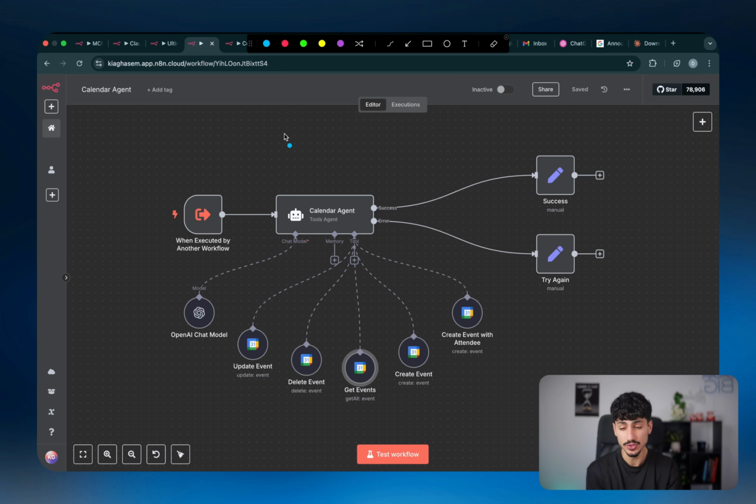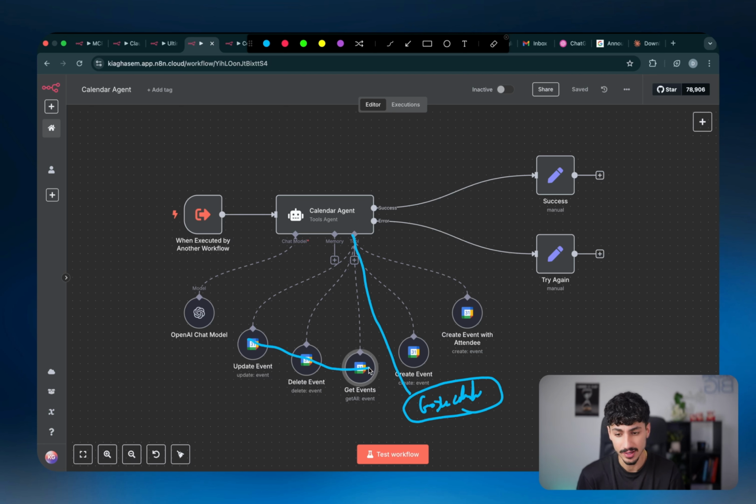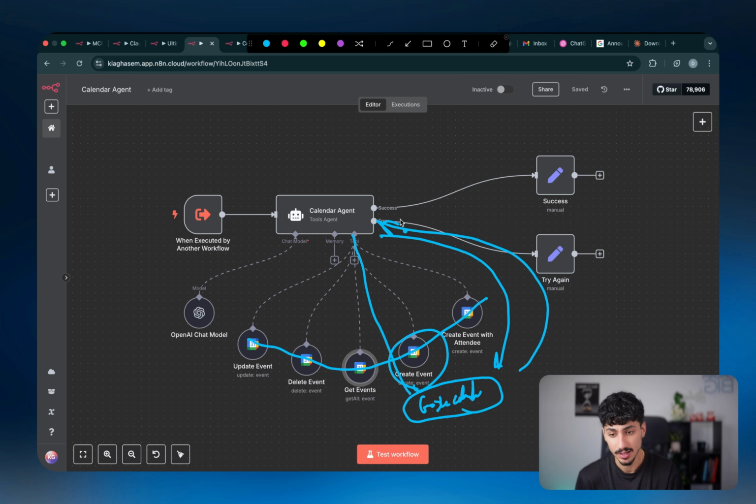But in the future, your calendar agent would be connected to one MCP server, the Google Calendar MCP server. And instead of having 1, 2, 3, 4, 5 different tools, it will just ask the Google Calendar server, how am I meant to create an event? The server will respond, and then using that instruction, it will tell the Google Calendar server to go and create that event for it.